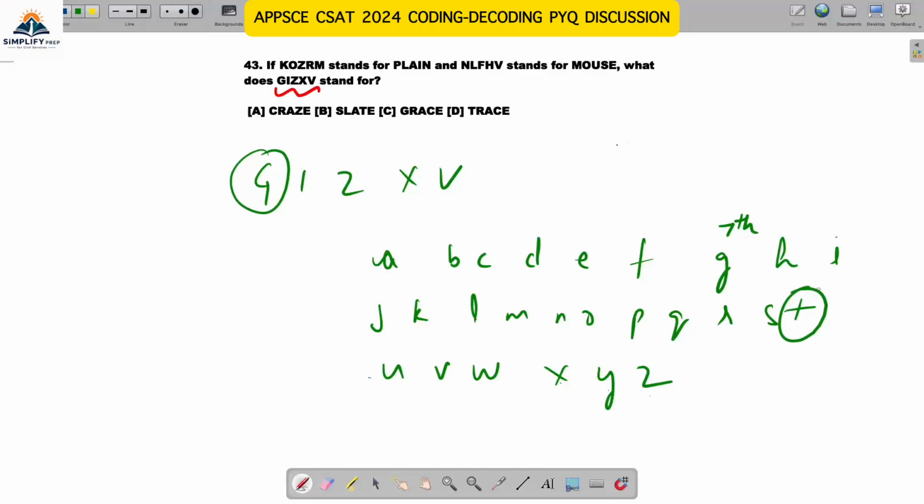Reverse से seventh आ रहा है T. So corresponding to G it should be T. That is coming in the option D, है ना, it is starting with T. क्रॉस चेक करना है तो एक और लेटर देख लो, B या R, तो सेम है। कॉफ़ी में, ग्रेस में, क्रेज में भी सेम है। तो कोई और लेटर चेक कर लेते हैं, E भी सब में सेम है।